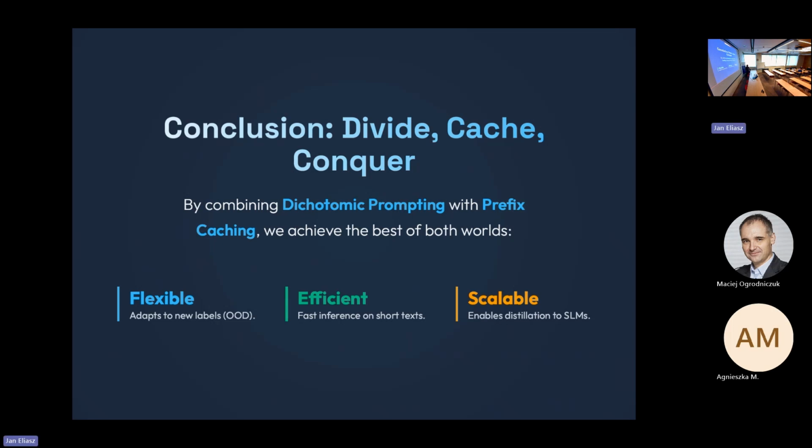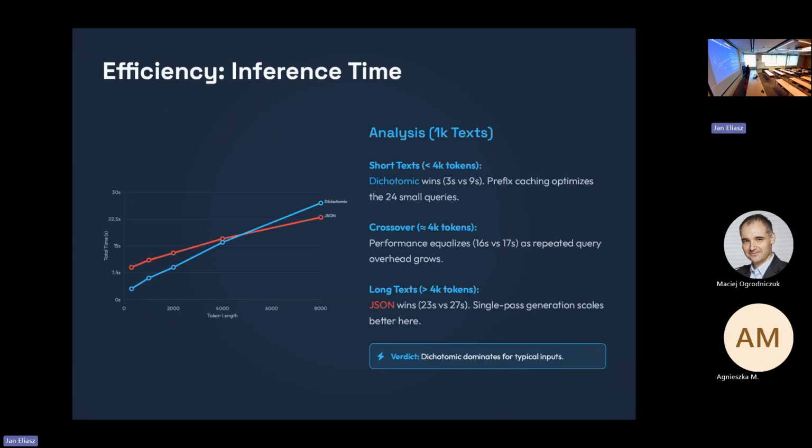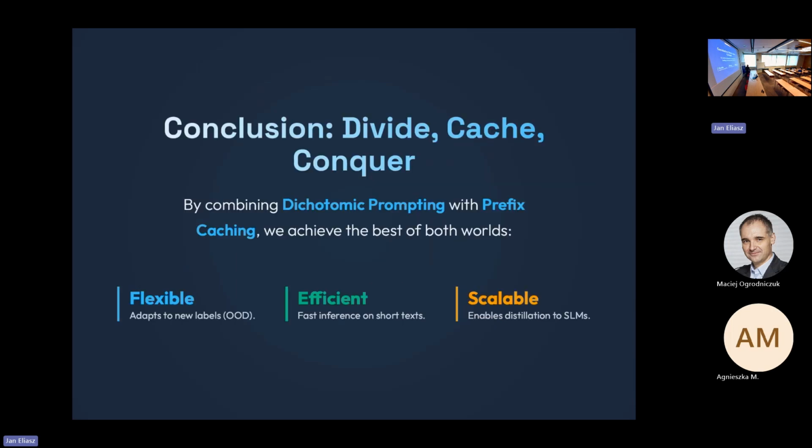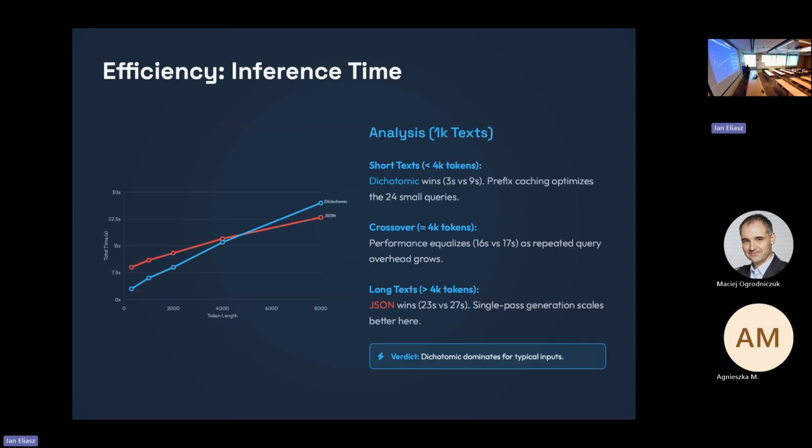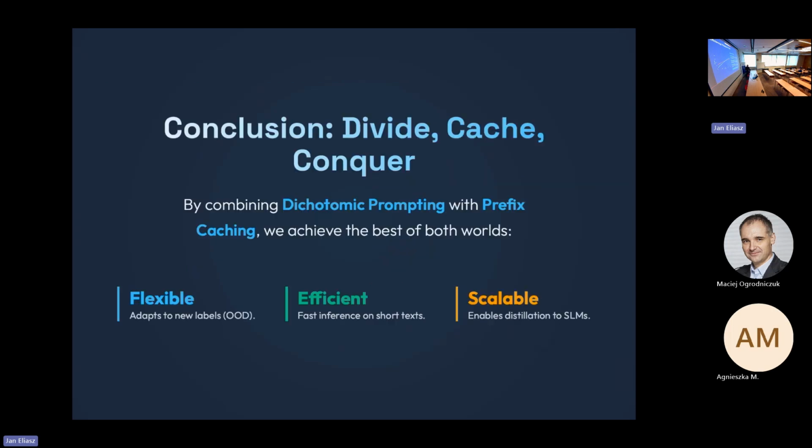It is efficient for short texts, as we saw. It is 2 to 3 times faster than the standard JSON structured approach, and it is also scalable because we don't need any specific ability for the language model to just decompose our problem from multi-label classification at once to binary independent classification for each label.